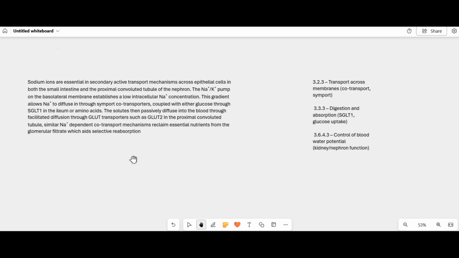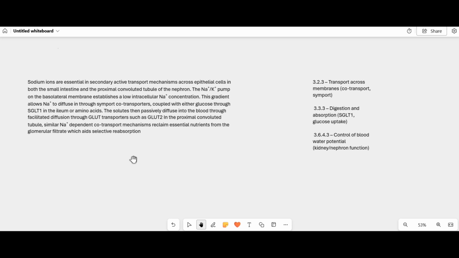And that's called secondary active transport because it's going to use energy from the sodium gradient instead of ATP, yeah. So it's from ATP, but it's mainly from the sodium that's moving in. You get me? Or amino acids, yeah. Alright, cool. The solutes then passively diffuse into the blood through facilitated diffusion through the GLUT transporters, yeah, such as